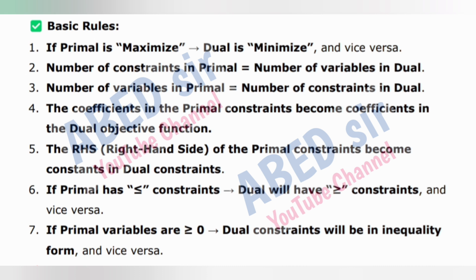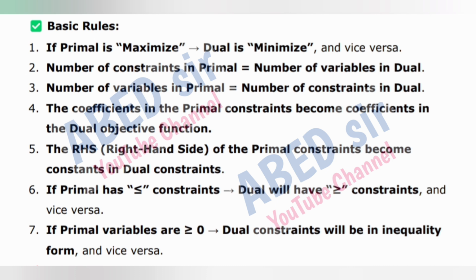2. Number of constraints in primal is equal to number of variables in dual. 3. Number of variables in primal is equal to number of constraints in dual. 4. The coefficients in the primal constraints become coefficients in the dual objective function. 5. The RHS, right-hand side, of the primal constraints become constants in dual constraints. 6. If primal has less than or equal to constraints, dual will have greater than or equal to constraints, and vice versa. 7. If primal variables are greater than or equal to 0, dual constraints will be in inequality form,